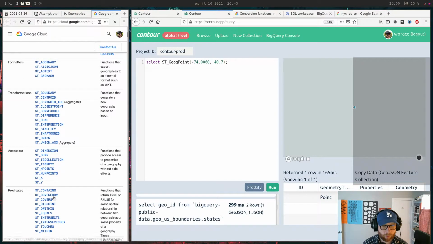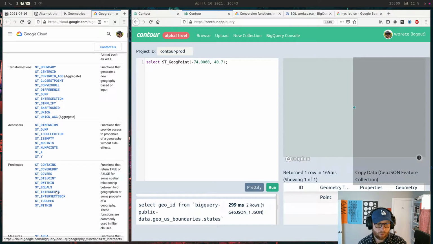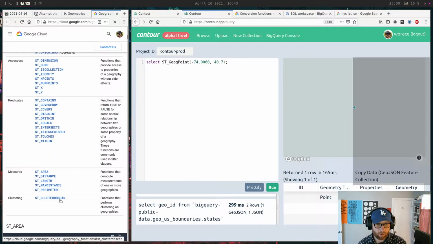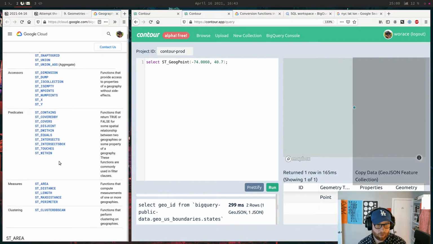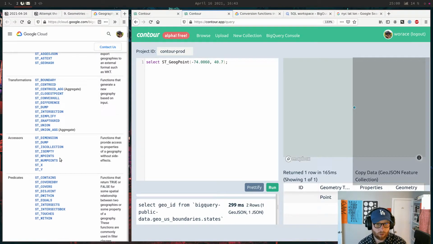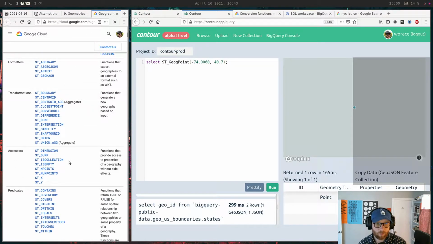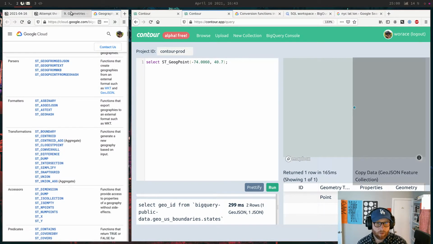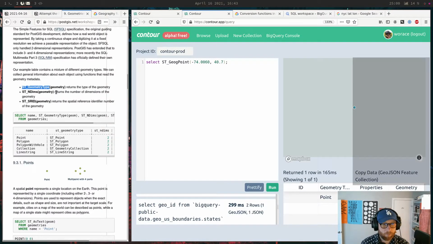I'm surprised they don't have a type, to tell you what kind of geometry it is, like a polygon or something like that. I guess they don't have that. Intersects, box, X, Y. Collection. Snap to grid. That's interesting. Interesting. Okay. Points.